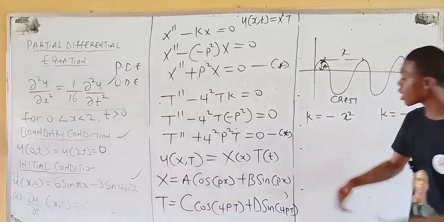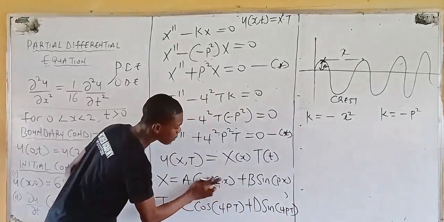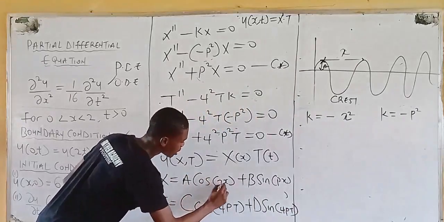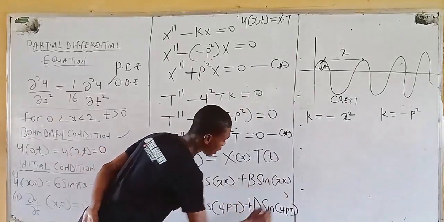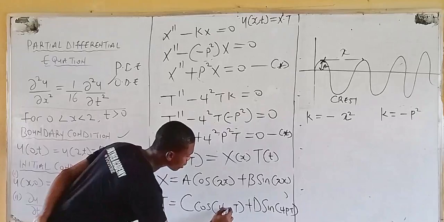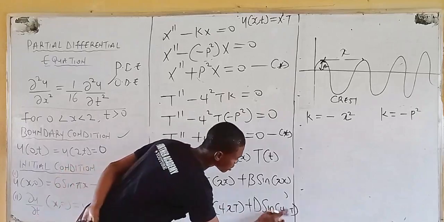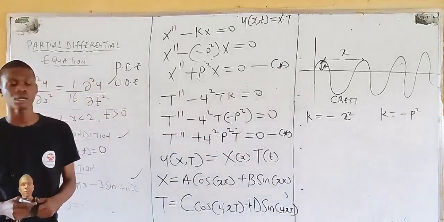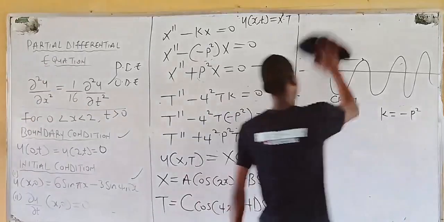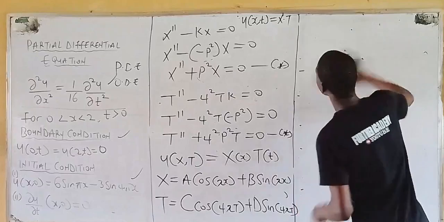So from here, I'll be changing my angle, saying this is what? Lambda x. This is what? Lambda x. And this is what? 4 lambda t. And this is also what? 4 lambda t. Any question on that? No question. So from here,